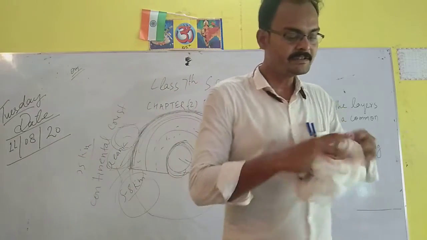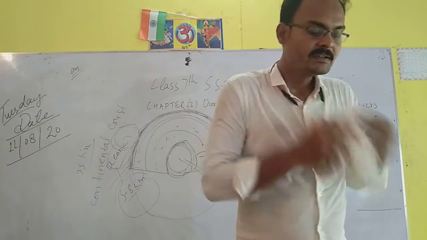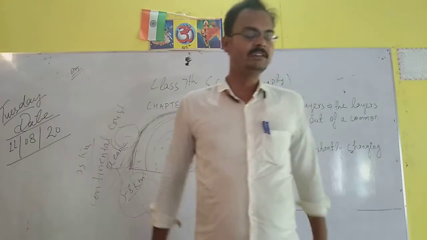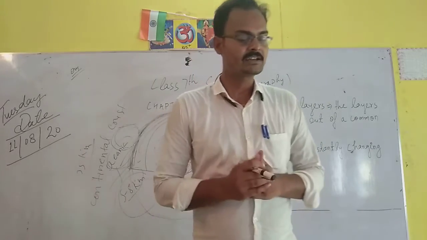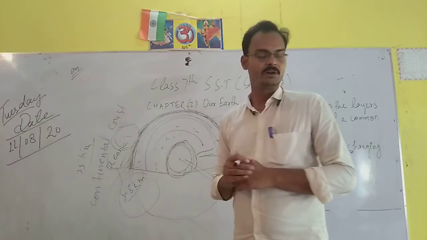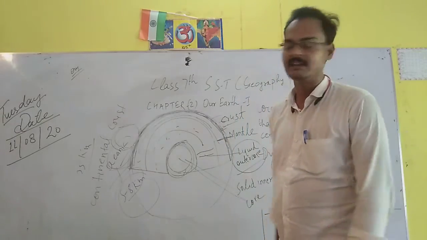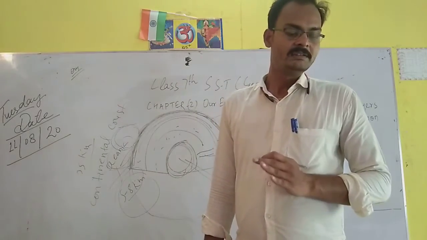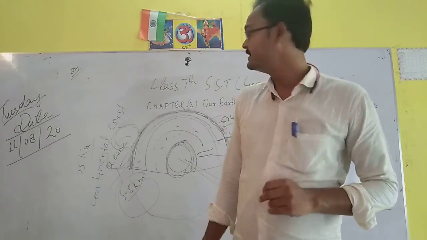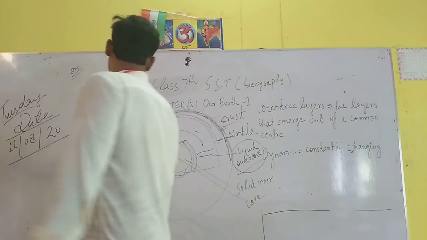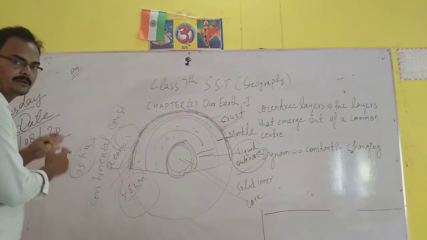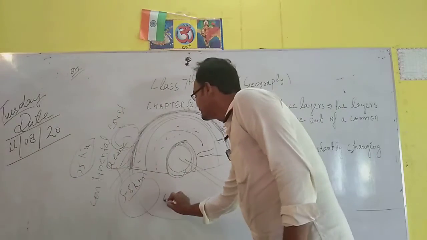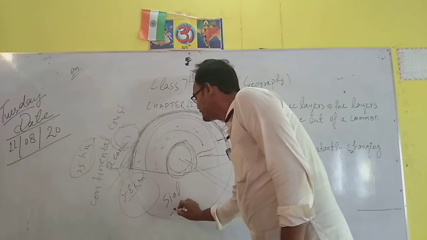Okay students, then we see various minerals are found in the earth crust. The landmass of continental crust is called Sial because it is made up of minerals such as silica and alumina. So students, the landmass of continental crust is called Sial. That 35 kilometer upper landmass is called Sial because the word Sial is made of two words. First is silica